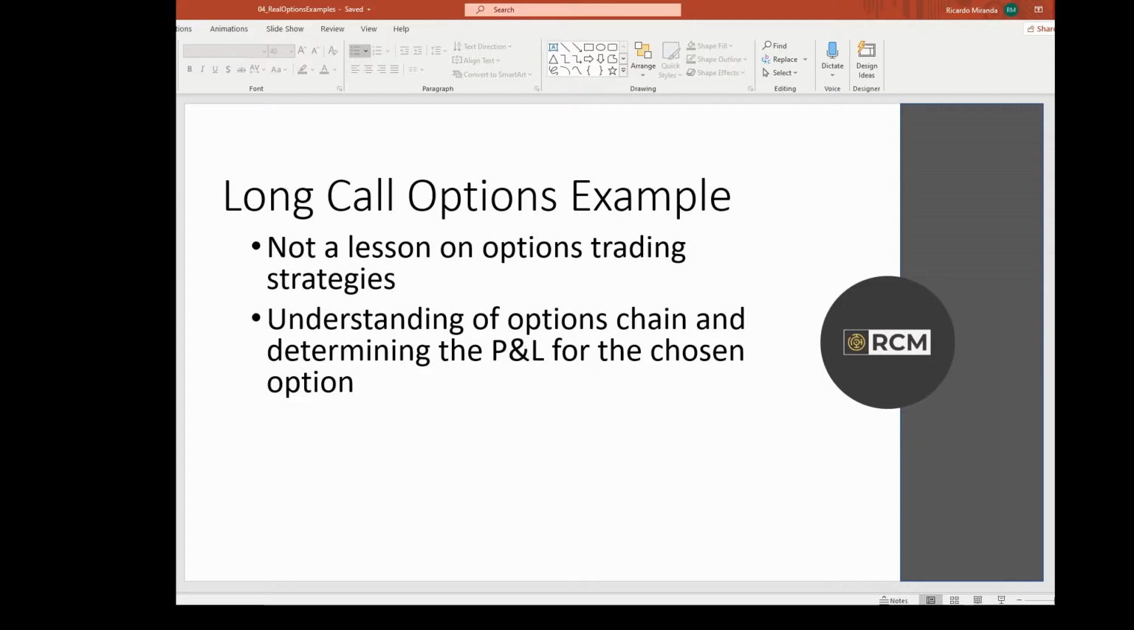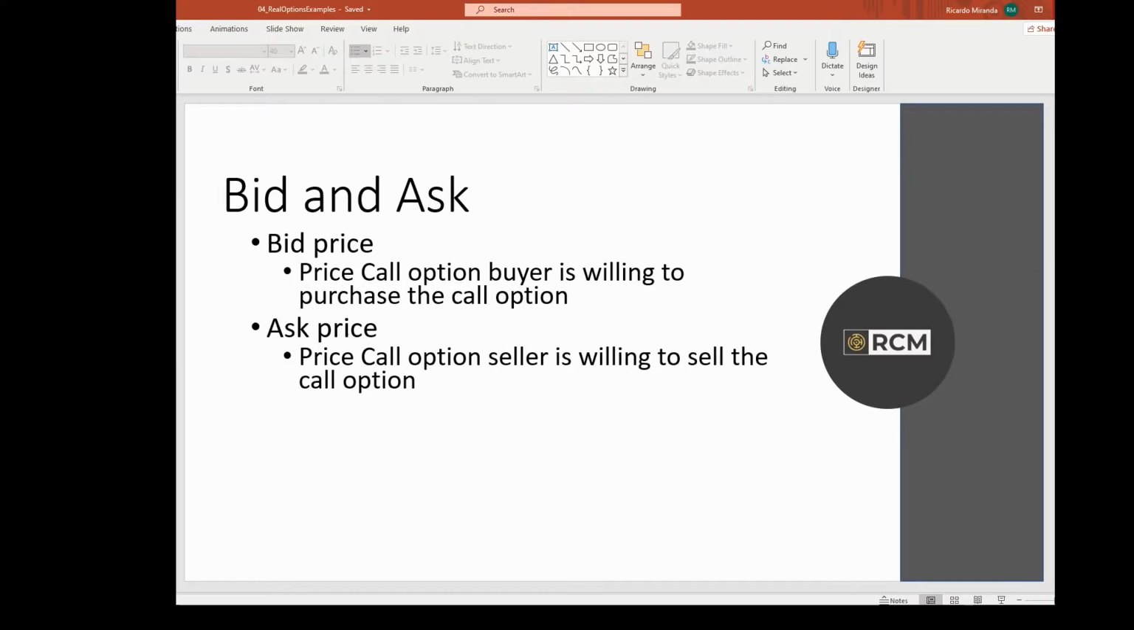All I'm doing here is simply going over some of the mechanics of how to look at trades and how to better understand the options chain in the context of the position you're desiring to take. For any given option, there's always a bid and an ask. Again, this has to do with the fact that for any given option, there has to be a buyer and